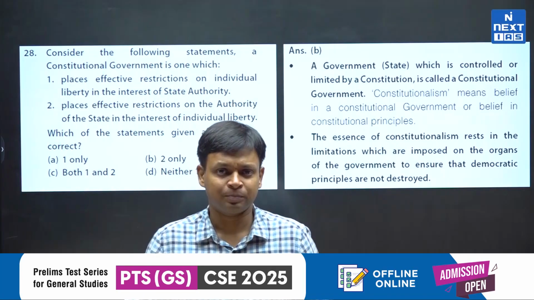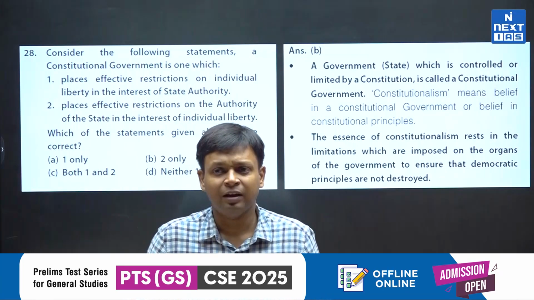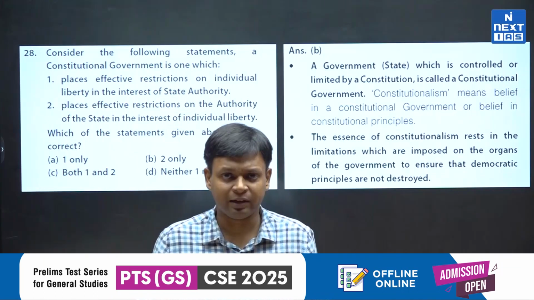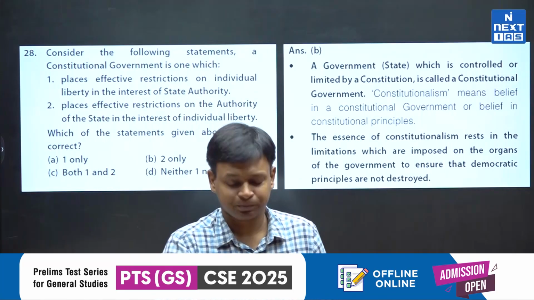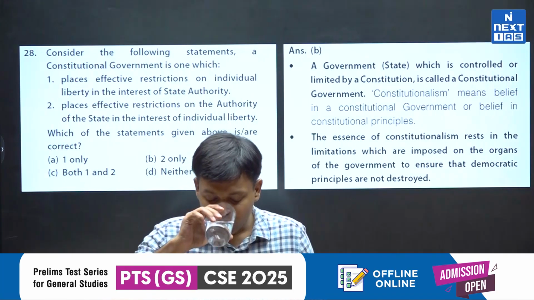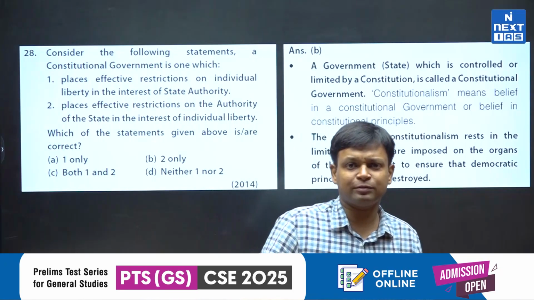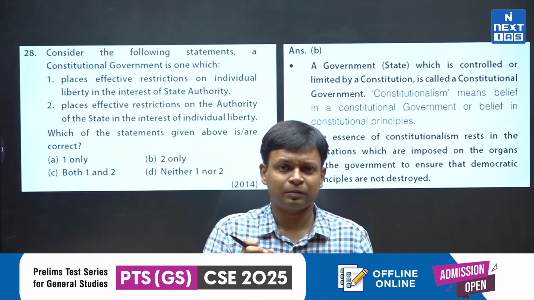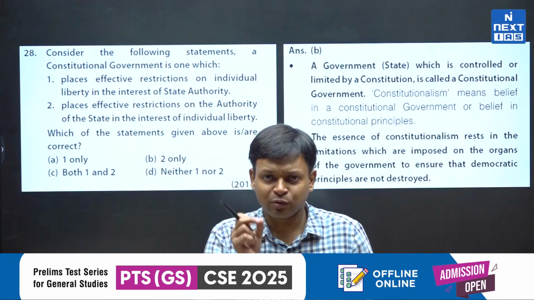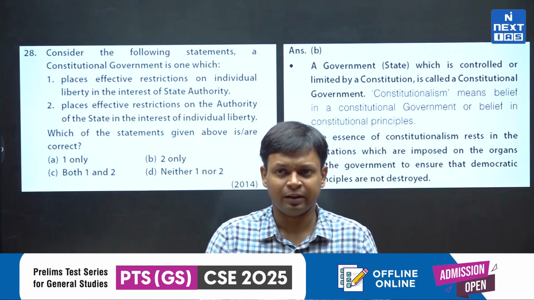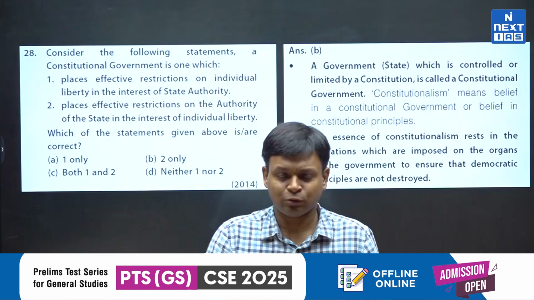तो कॉन्स्टिट्यूशनलिज्म और कॉन्स्टिट्यूशन के बीच का डिफरेंस कई बार डिस्कस करते हैं. कॉन्स्टिट्यूशनलिज्म का मतलब क्या होता है, what is meant by this word constitutionalism, and what are the end objectives of this word? So, constitutionalism means a situation where the government has limited powers. Constitutionalism means there is lack of arbitrariness. So, this is a theme.